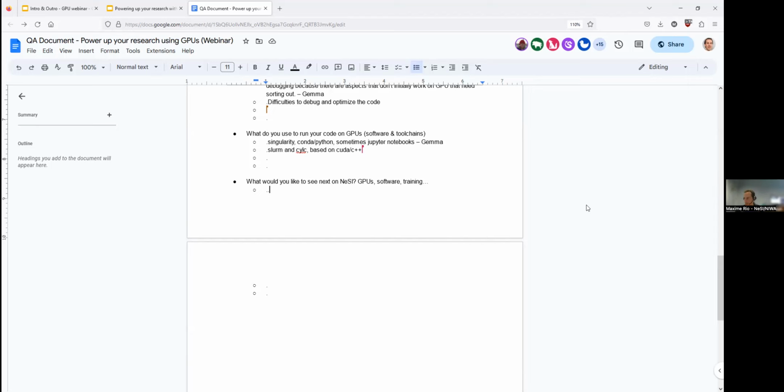And just letting people think a bit about this, is there anything, any burning need or something you'd like to see next on the NeSI GPUs? So would you like more GPUs, more software, or specific training in some topics that you have not seen addressed and you'd like to be upskilled in that space? That's your moment. If you want to let us know, because that's the purpose here, is to get from you some feedback about where we can develop material and help you best. So again, this document will stay available. So if you want to add the information later,